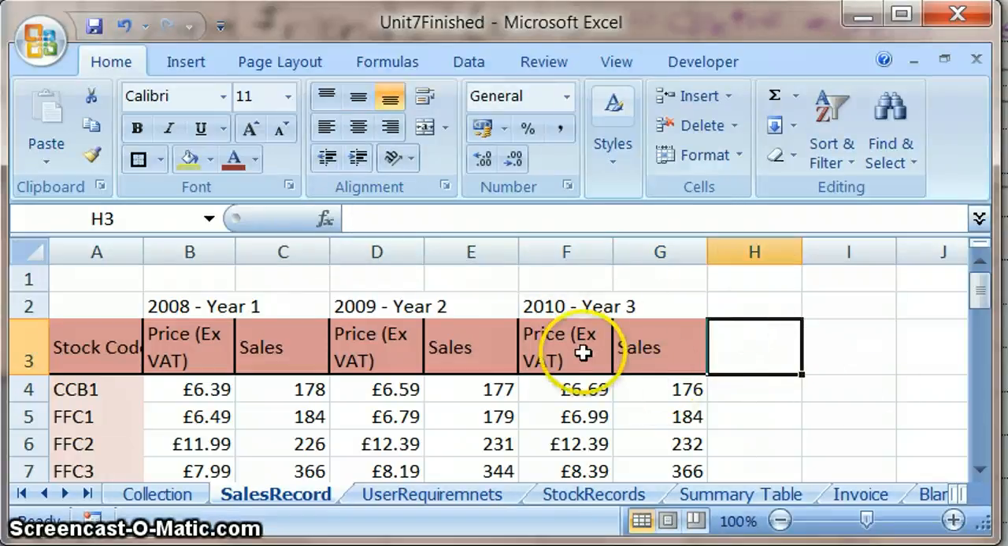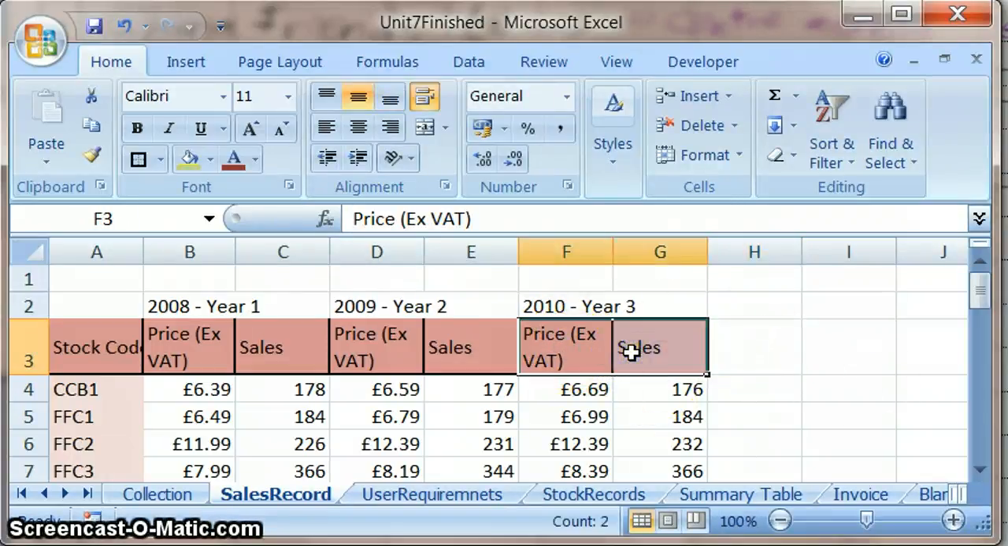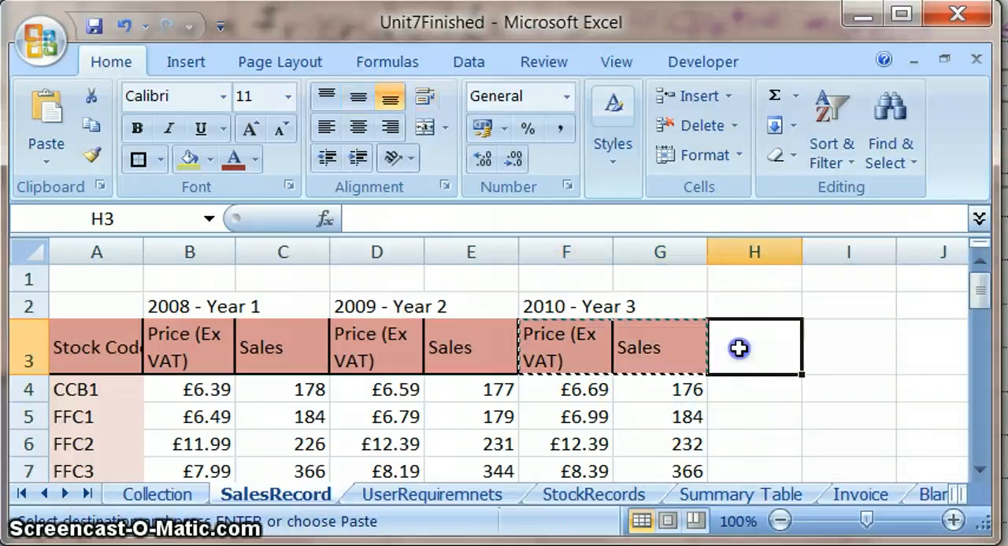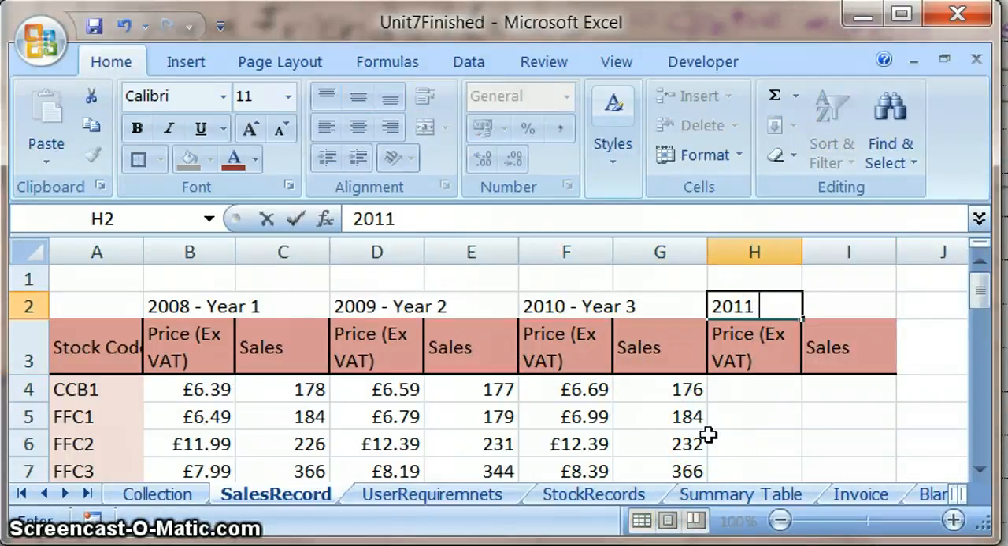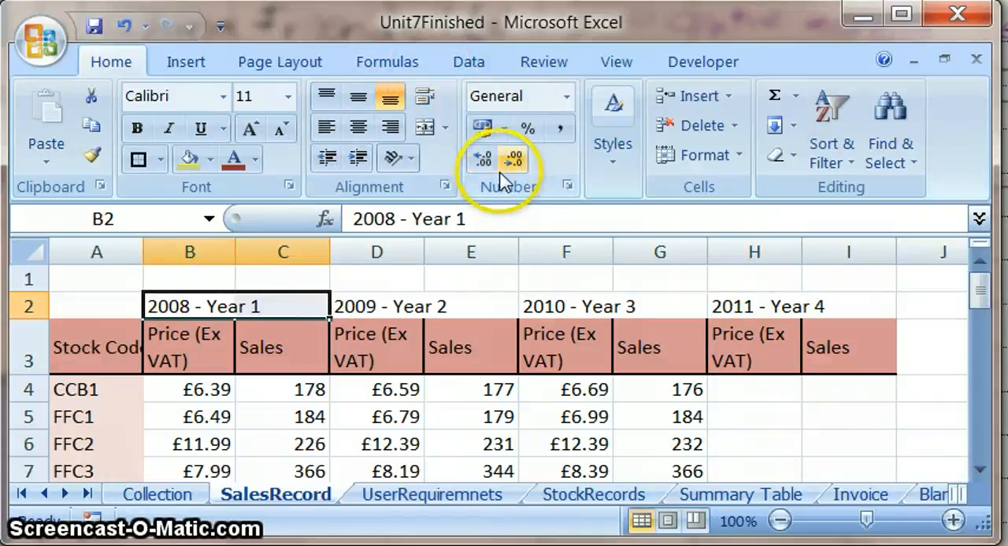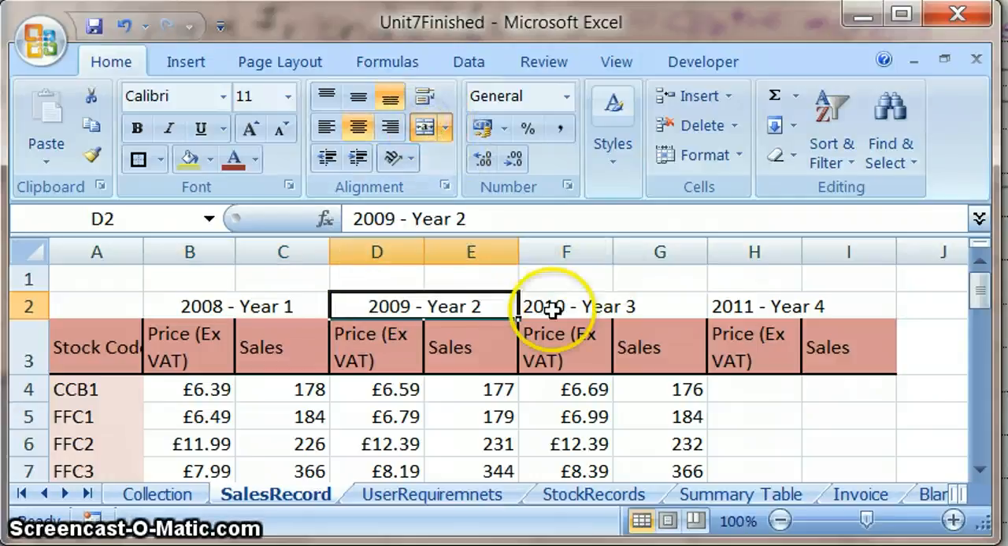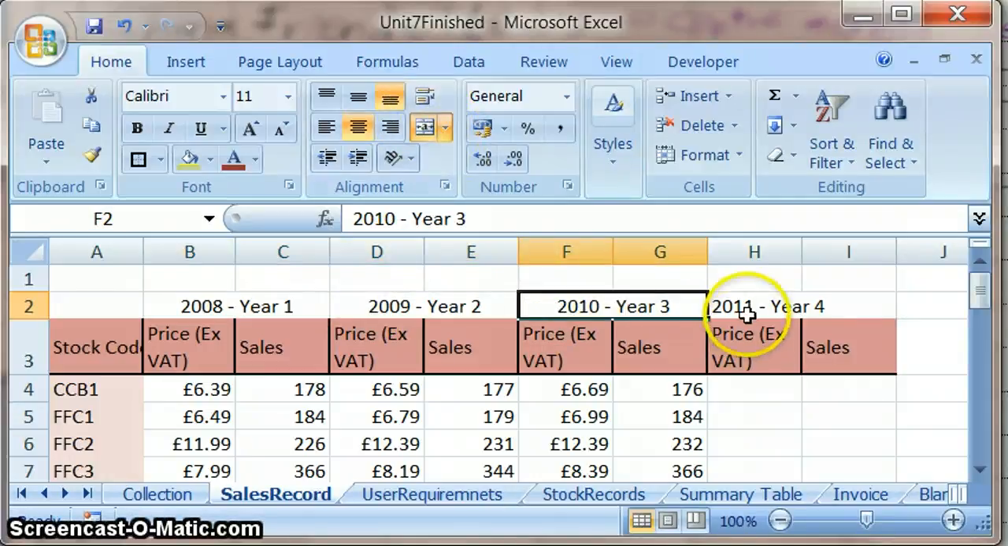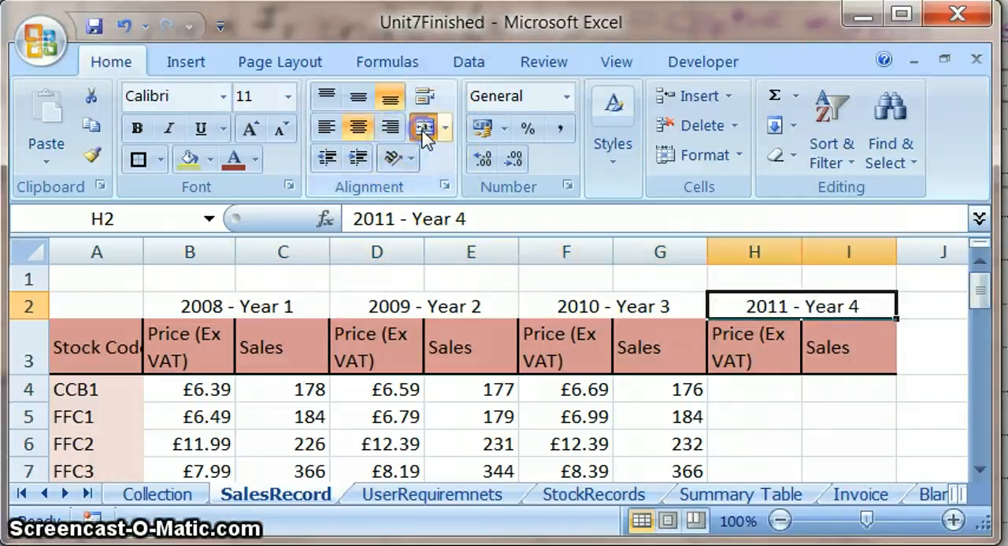I also need the same for year 4, so if I just copy this, no need to type it in again, paste it, and this is going to be 2011 year 4. Okay, one more thing that I'm going to do is use this center and merge button, which is this one here. So I've highlighted because I want year 1 to refer to both of these columns, so I'm just going to highlight across, do the same for year 2 and 3 and 4 just to improve the formatting a bit,